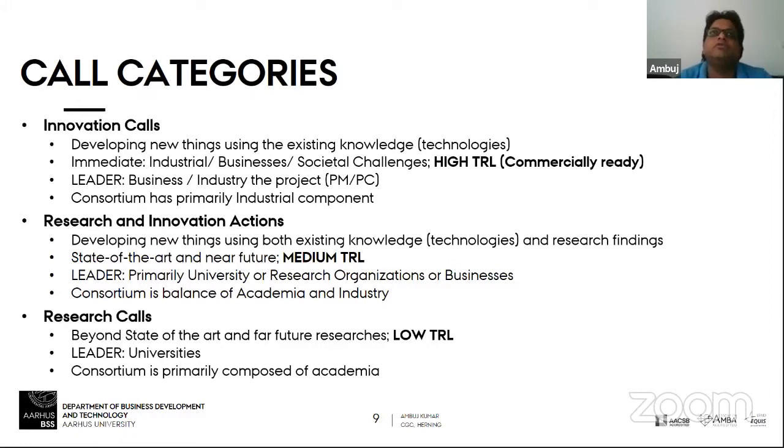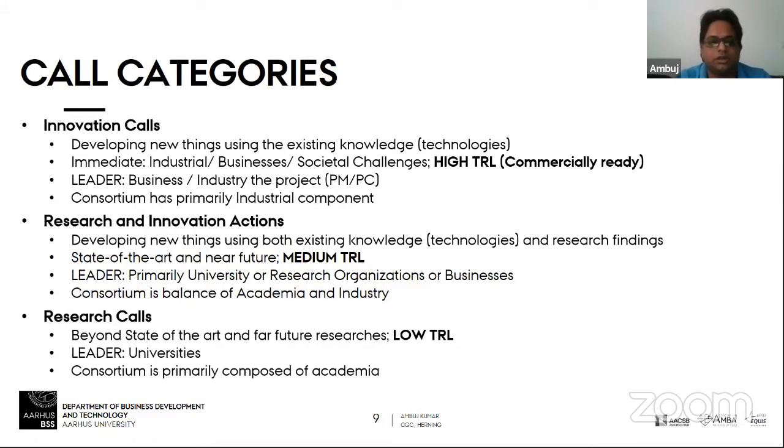So very little new knowledge is created. That is an innovation call, and it is of the highest TRL. TRL means technology readiness level. I'll be discussing that later. But that will be the highest TRL, that is, the product is ready for market use, and it is just ready to get manufactured and put into the market.